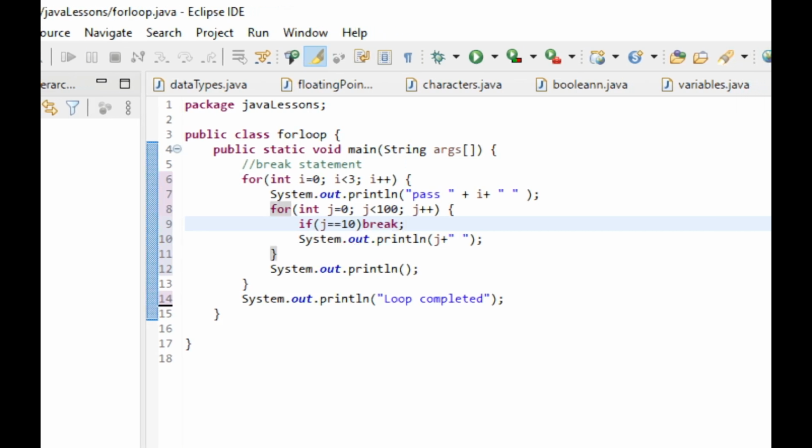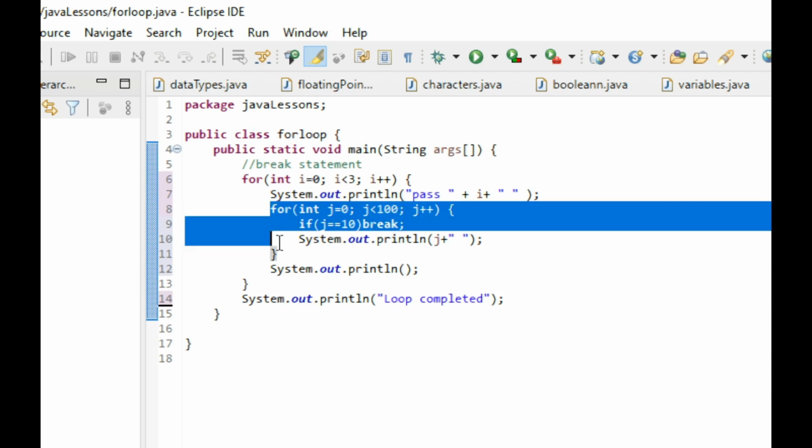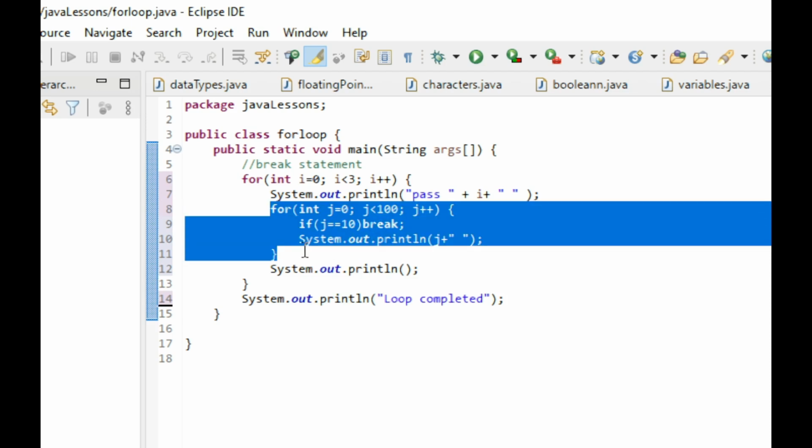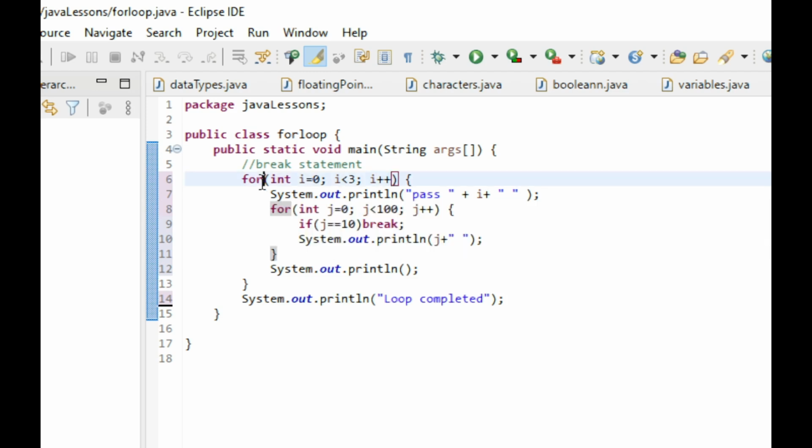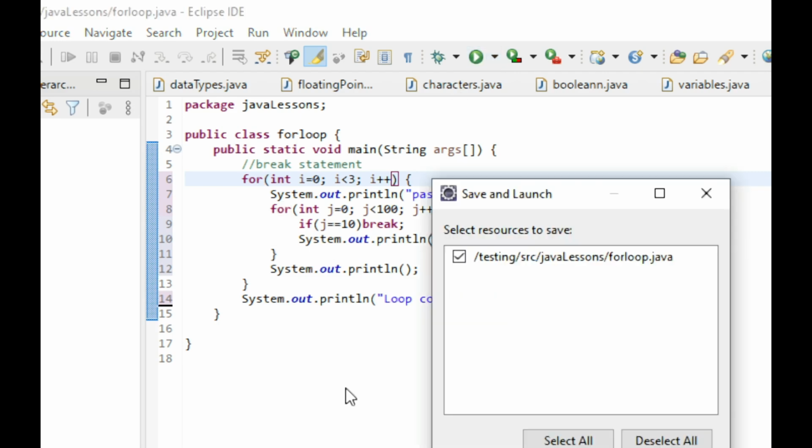So this is the concept that I'm trying to drive here, that when we use a break statement inside nested loops, the break will only apply to the inner loop. Now this is our inner loop here, so the break is inside this loop. It means now when the value of j is 10, this loop will be exited. When this loop is exited or terminated, this main loop won't terminate. This main loop will continue to run. So if we run this code,